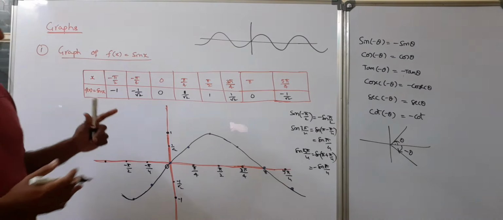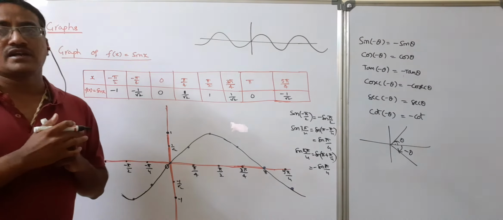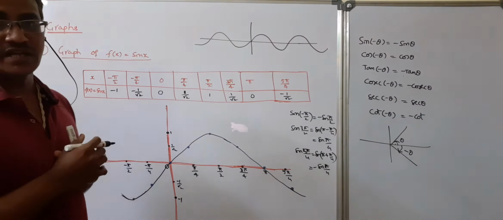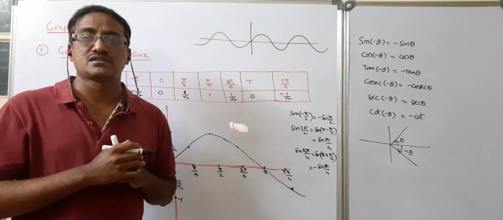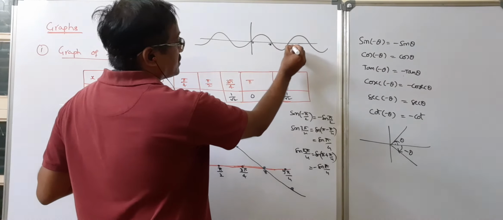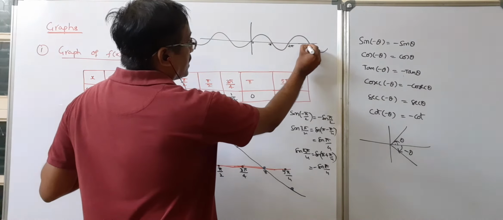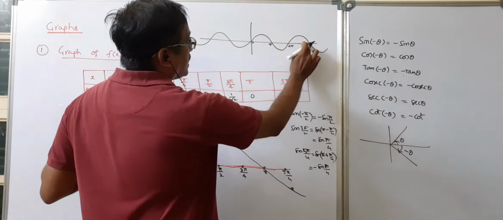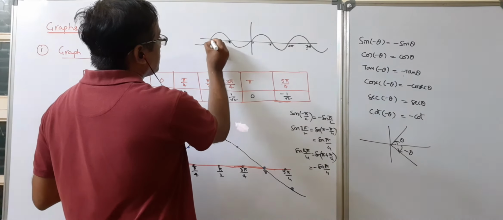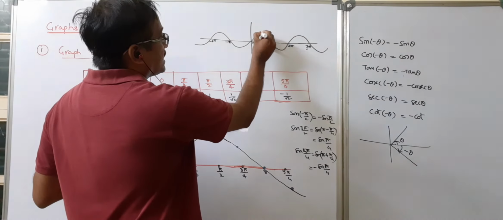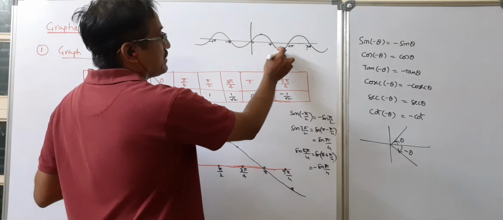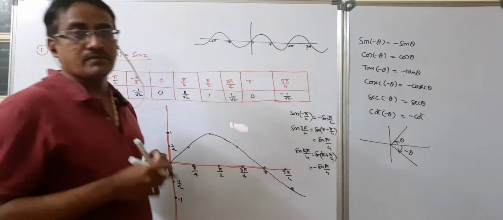If you can draw it, you can draw it for infinitely many values also, and you will get the same graph, continuous like this. It is a continuous graph. That is also a very, very important point. And you can see sin 0 is 0, sin 180 is 0, sin 360 is 0, that is 2 pi, and next 3 pi, next 4 pi, and so on. Similarly here sin minus pi, minus 2 pi, and you will get the maximum values at pi by 2. Here minimum value at 3 pi by 2, next 5 pi by 2, 7 pi by 2, etcetera.